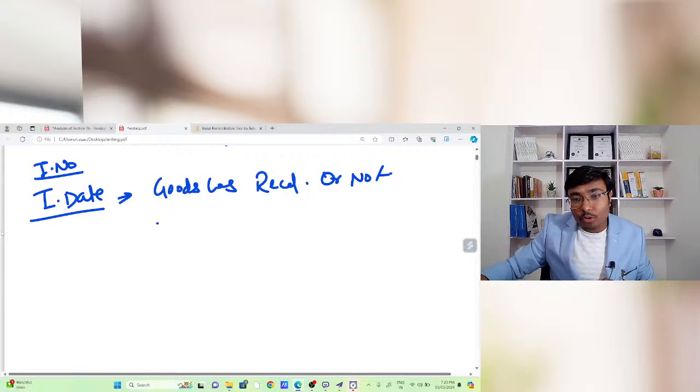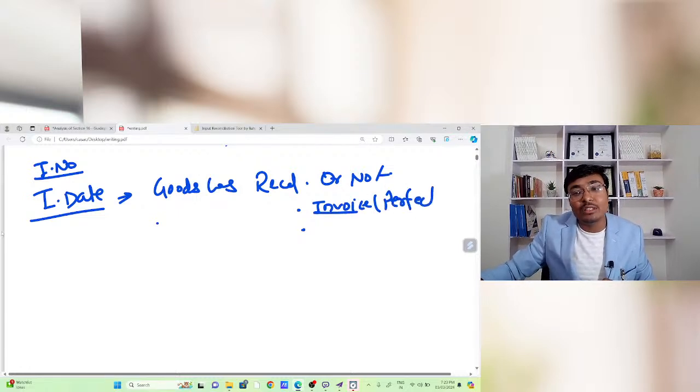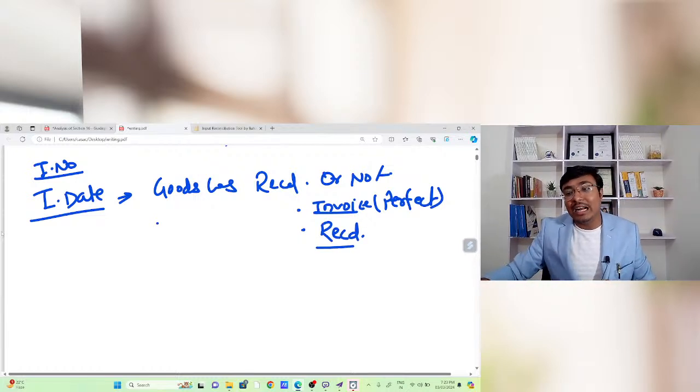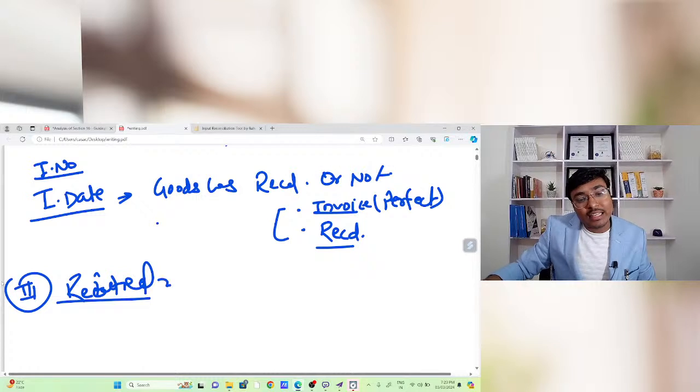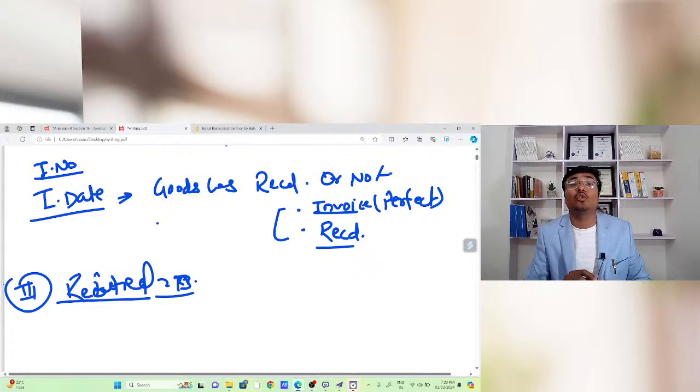Okay, so we have total two conditions we had covered. First condition is that invoice is there, and invoice should be in perfect format. Okay, ऐसी वैसी invoice नहीं चलेगी, invoice should be in perfect format, and goods has already been received. These are the two conditions for claiming the input tax credit. Now third condition, the same input tax credit is reflected in GSTR 2B. Whatever type of input tax credit which is there in the GSTR 2B, you will be eligible for that input tax credit only. If there will be any other input tax credit,